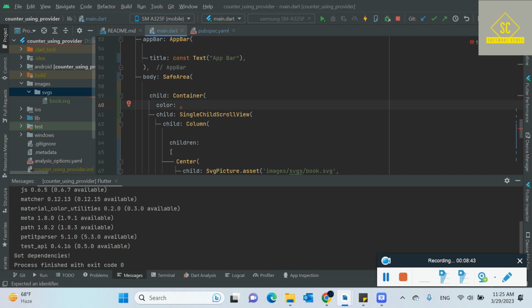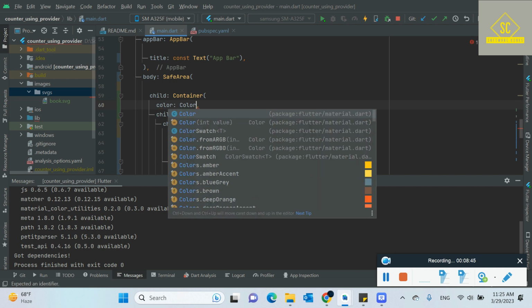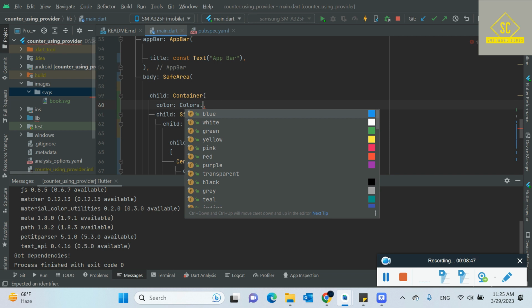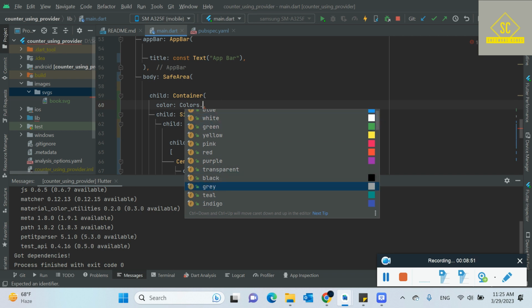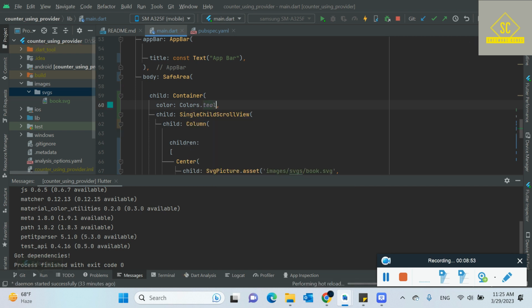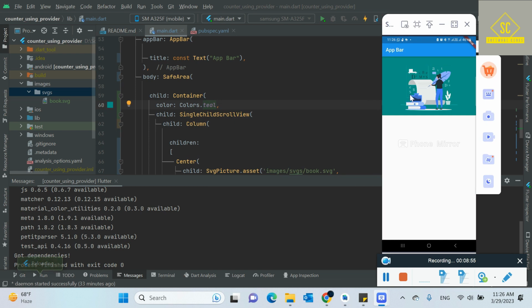Colors dot teal. Yes, where is it? It's here. Okay, it's done. Now when I run it, you can see that single child scroll view is responsible for